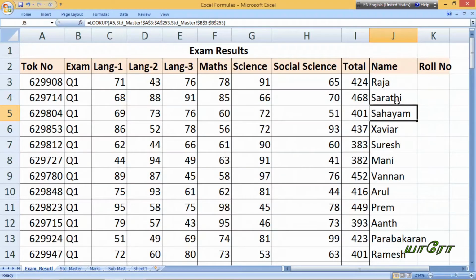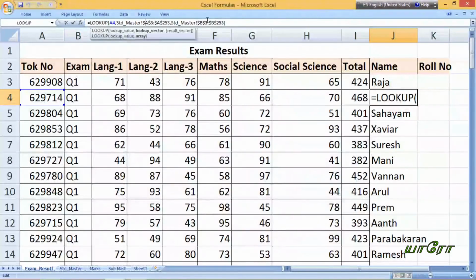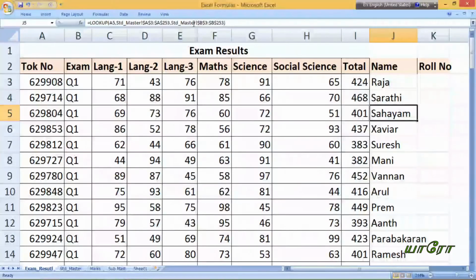So now remember, in LOOKUP you have a lookup value, and the lookup value will be searched in the lookup vector, and the result will be given from the result vector data that you are giving. This is where the formula is.